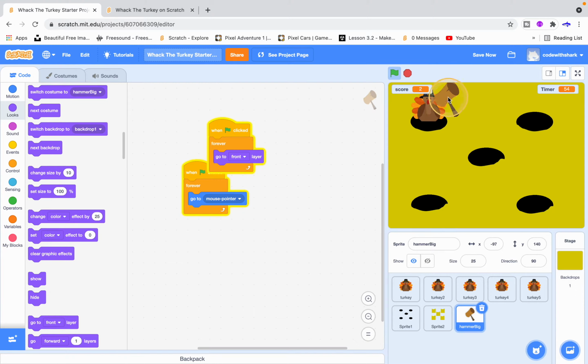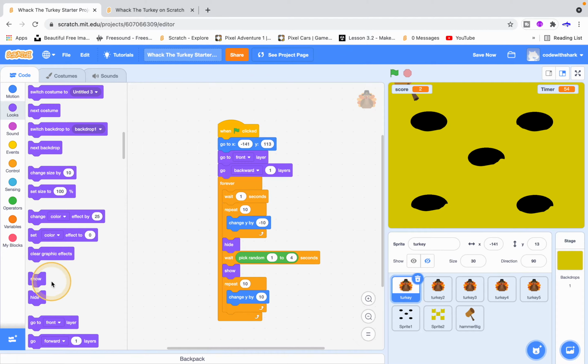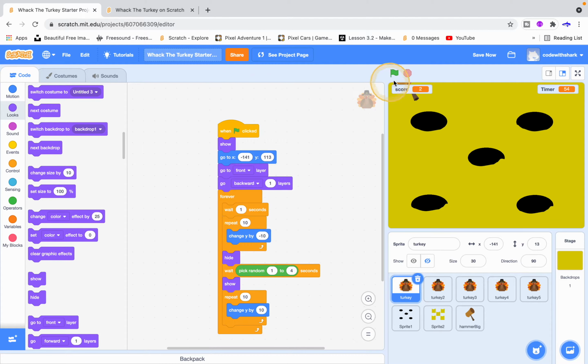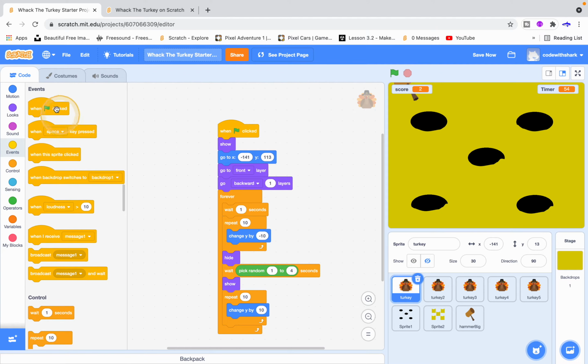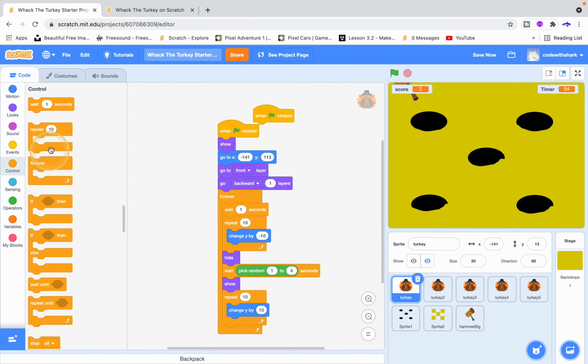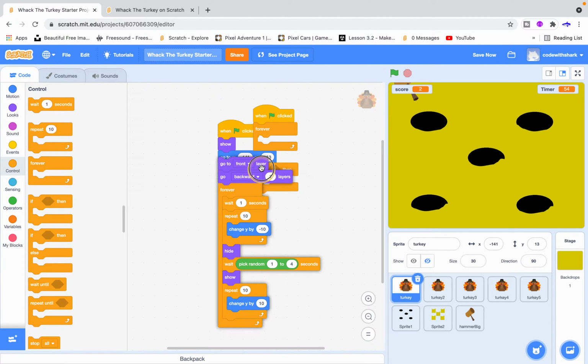Let's wait for it to come up. Yeah, as you can see. Also, we want the turkey to show right away first. And now we want a score from the turkey. So let's do when clicked, forever if